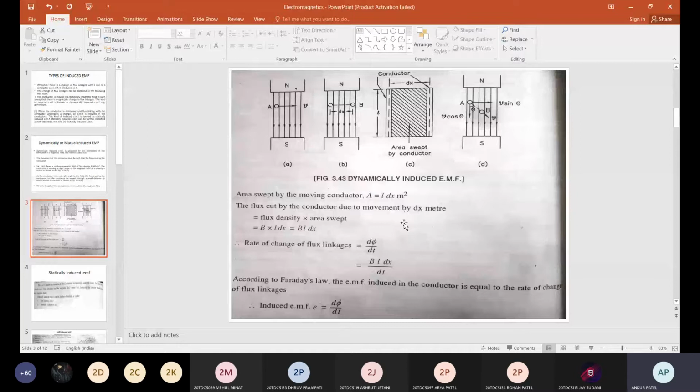And at 360 degree, again zero, means the coil is parallel with the magnetic field. So by putting this coil in different positions in the magnetic field, we can say there is minimum or maximum cutting of flux. According to that, we get the equation E equal to Em sine theta, or V equal to Vm sine theta.